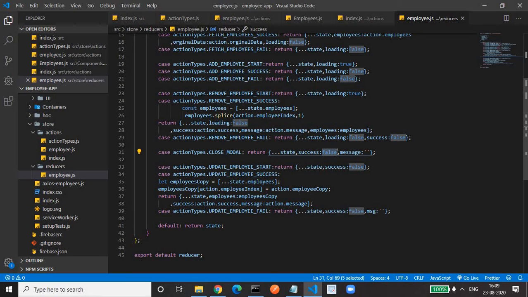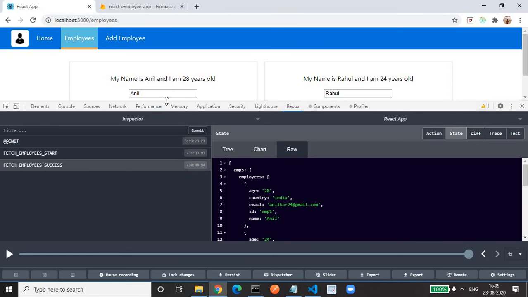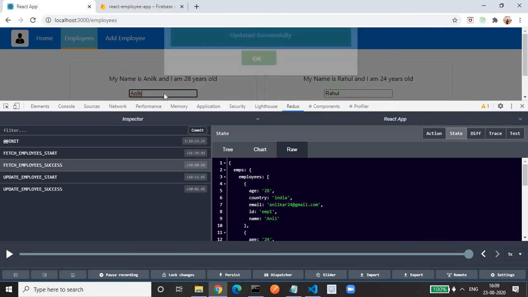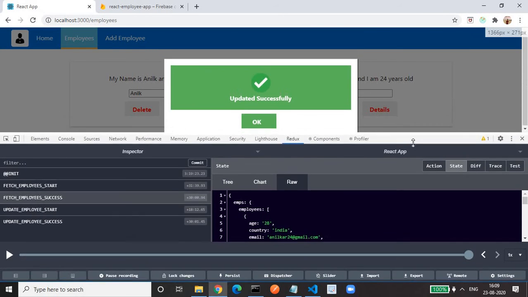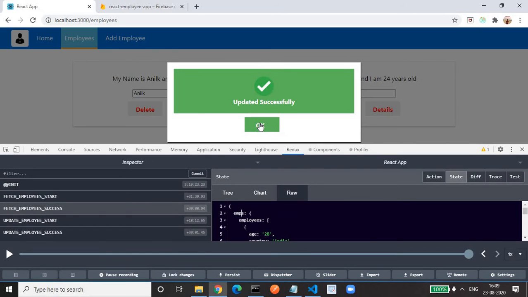we need our dialog window to disappear. For that, when we click on the OK button in the dialog, let's suppose I am updating and I updated successfully, I am getting this dialog box, but I need this dialog window to be closed. On click of the OK button, just watch these actions.